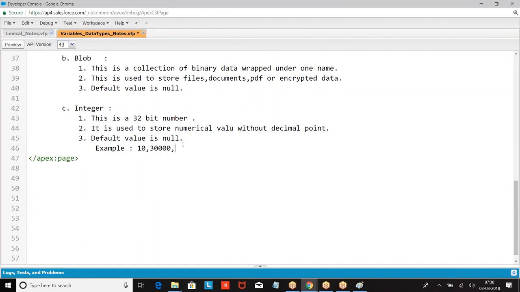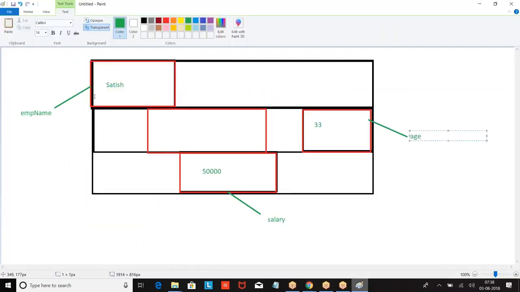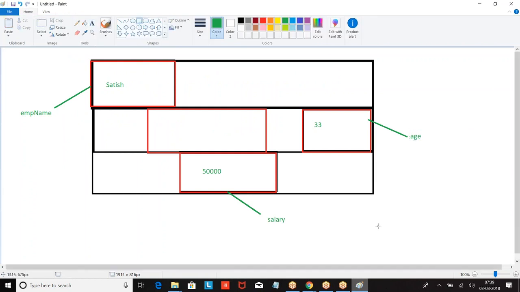you go with this. Now, how many bits have I taken? 32 bits. Generally, if you take 1 bit, what is the maximum value we can store? 0 or 1. If you have 4 bits, the last bit is always used for the sign of the number.